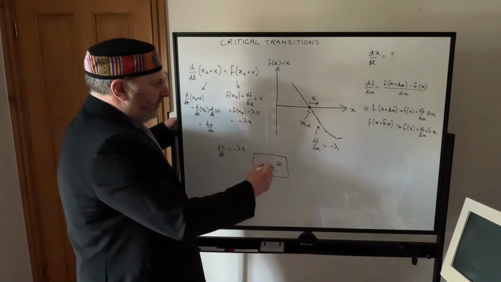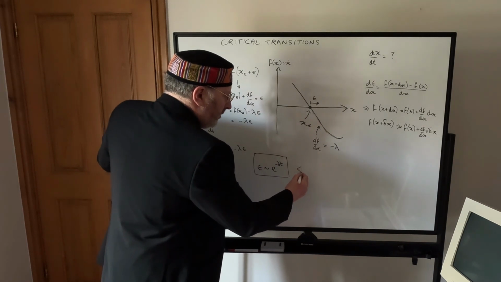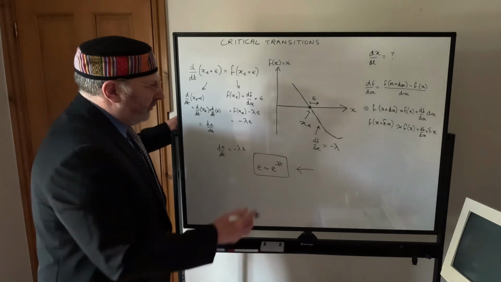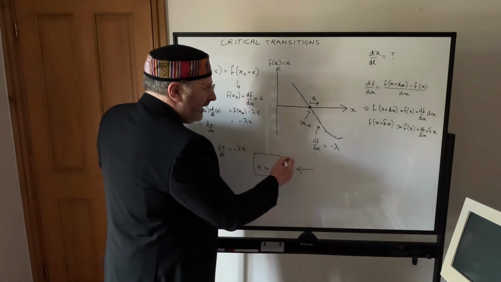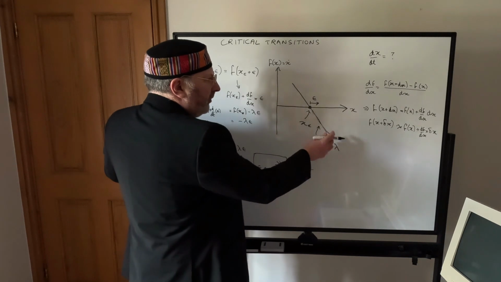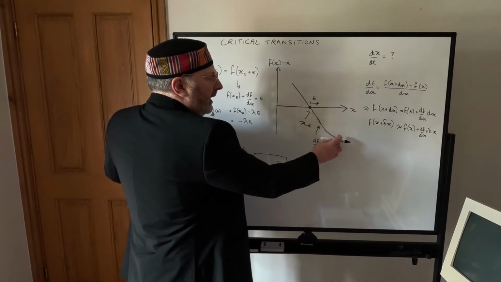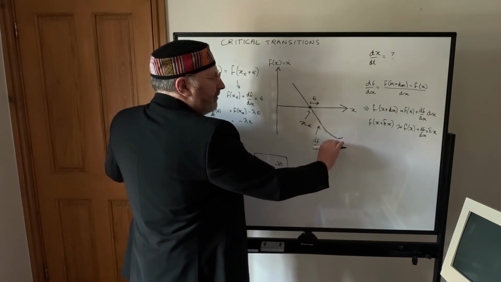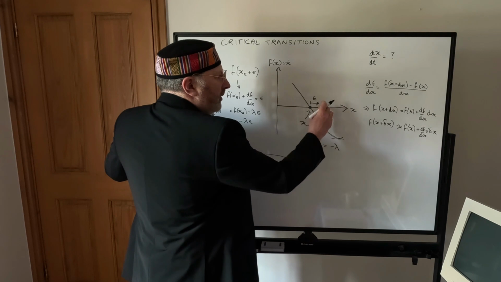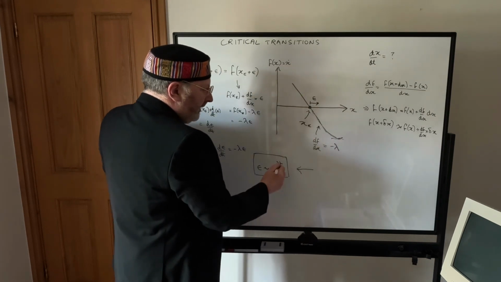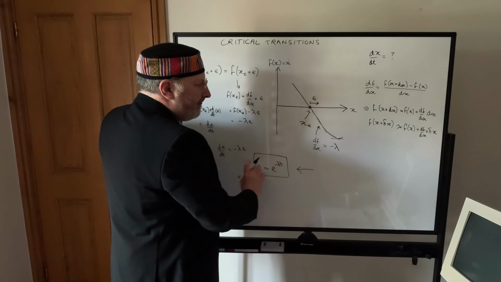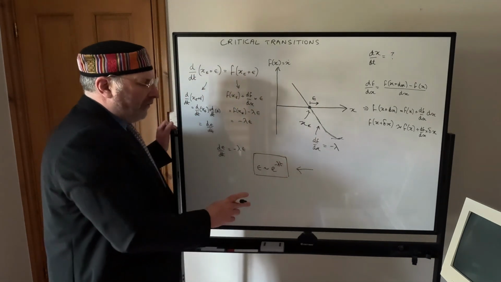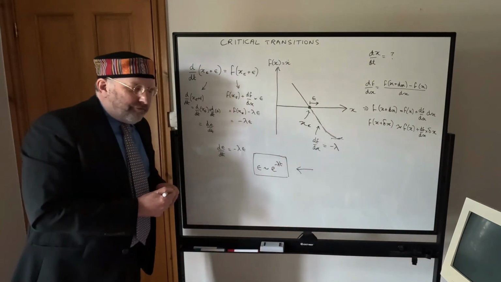So this is critical slowing down, telling us that as lambda decreases, as we move towards a critical point where we're getting towards this minimum point where the slope is 0, as this is moving up, then lambda is getting towards 0, and the decay of the disturbances will get slower and slower. And so if you're a regime